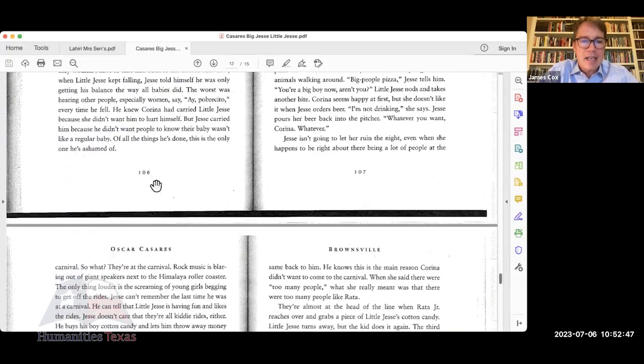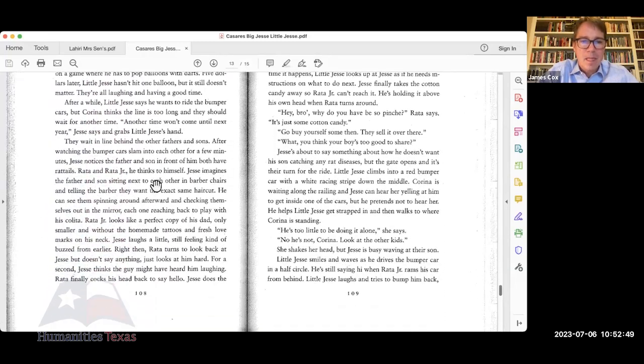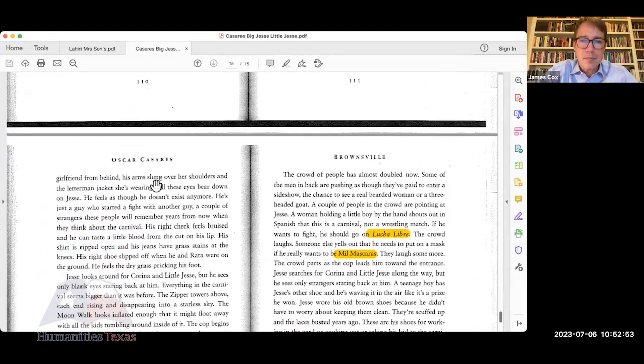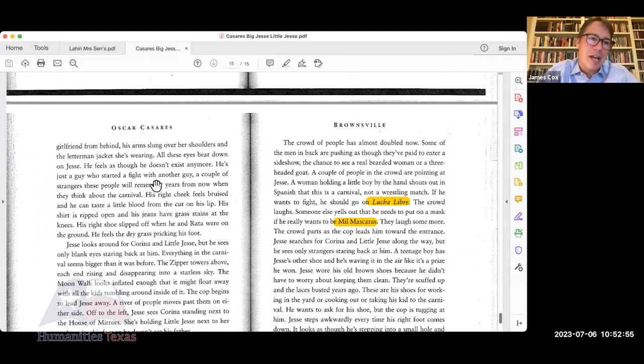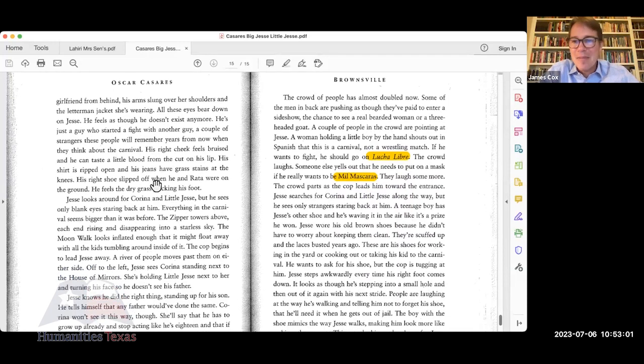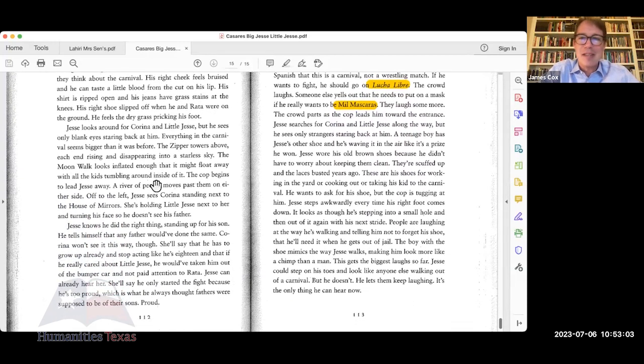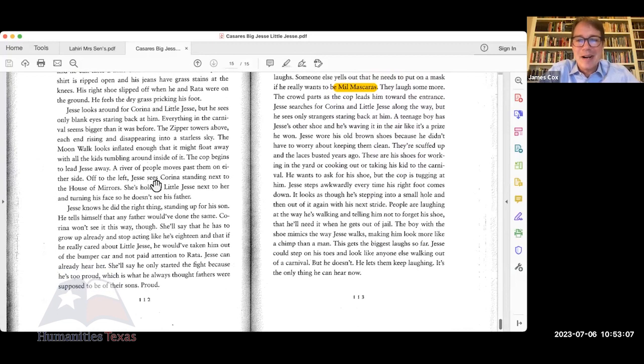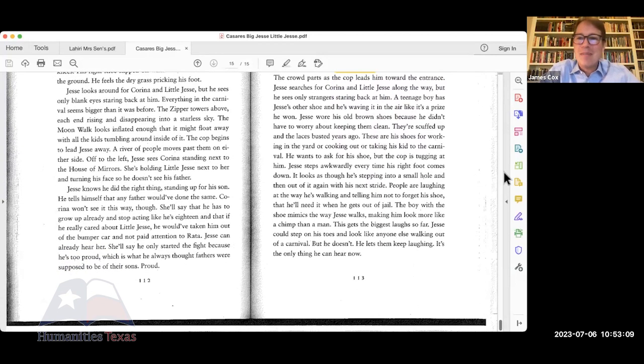And I think that is the last reference. Oh, I did highlight Lucha Libre and Mil Mascaras just because I like those references, at the end. And it would be important, I think, for your students to know if they don't already, what Oscar is making reference to in those passages. But I think that,